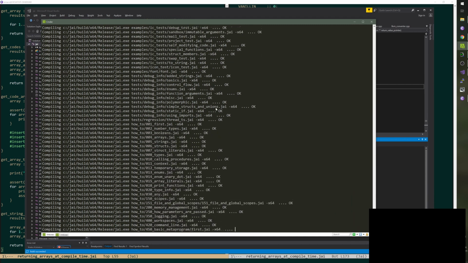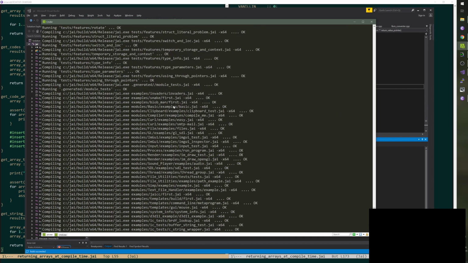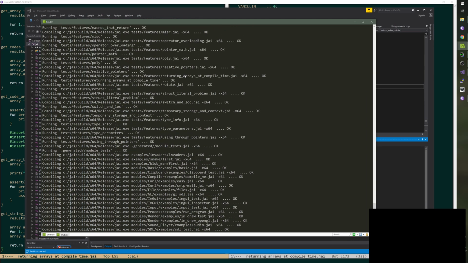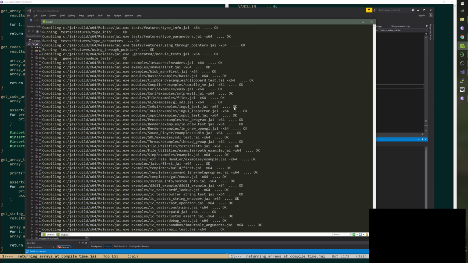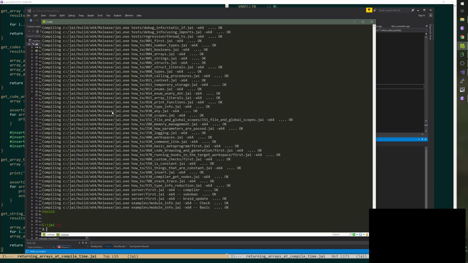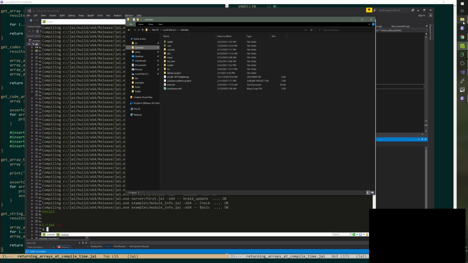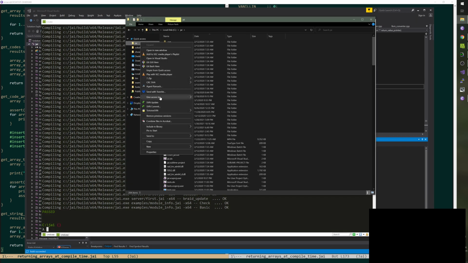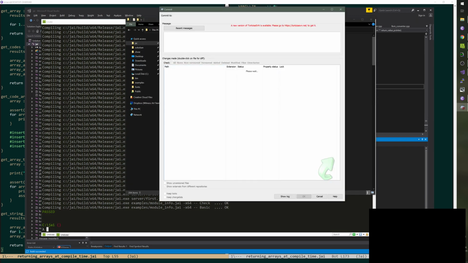Okay, what was it called? Returning something something. Returning arrays at compile time. There we go. Okay. So let me just check that in, and then I'll figure out why the game isn't working now, because that's weird. I broke something there. Oh, we knew that we broke something. All right, so can return arrays at compile time.